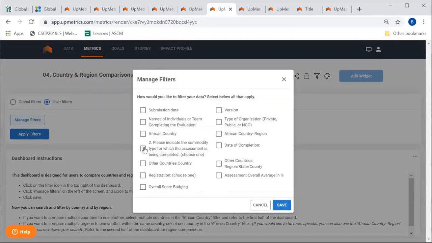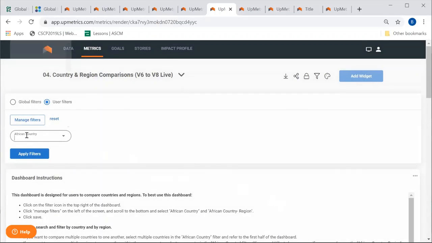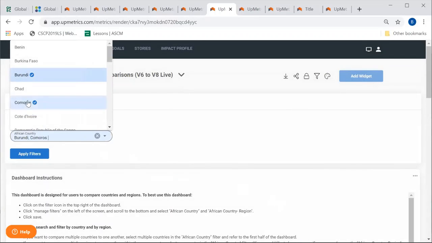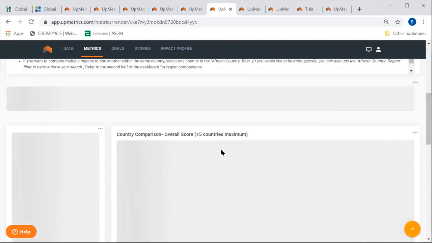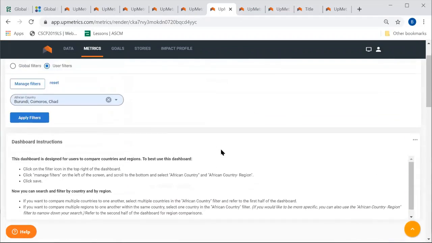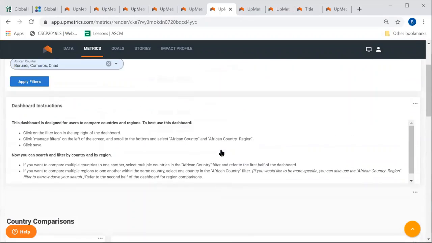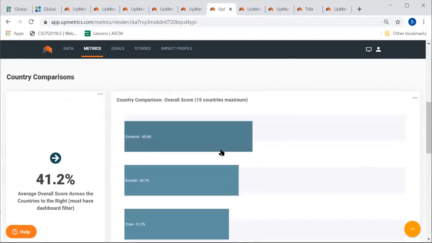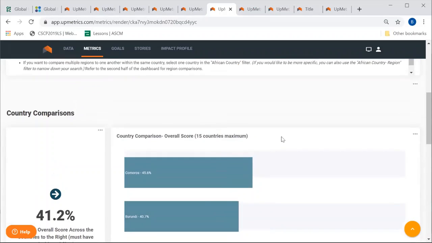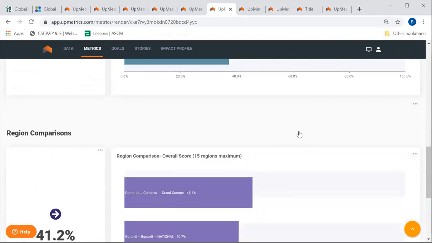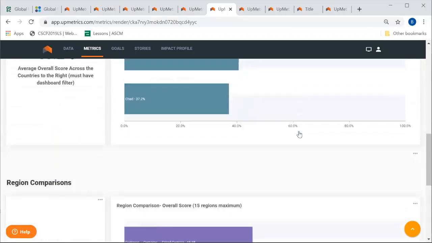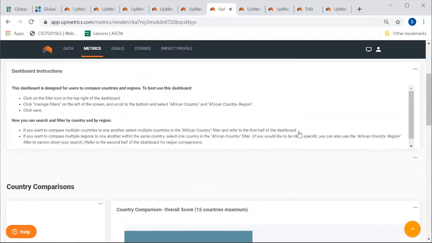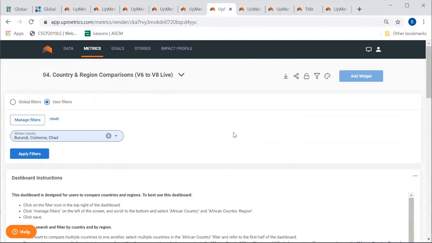So if you're selecting by countries, you can just say maybe African countries, and click on that. So you click on the African countries you want to query. Maybe you just click on this and you apply filters. And when you apply filters, it brings out those countries. It pulls for a bit and then brings out the countries. Like I queried 3 countries and it's brought out the comparison for 3 countries. So you can query at most 15 countries at a time. And so it queries by region, queries by country, and you can see and assess how well each country is doing and how well each supply chain is doing.